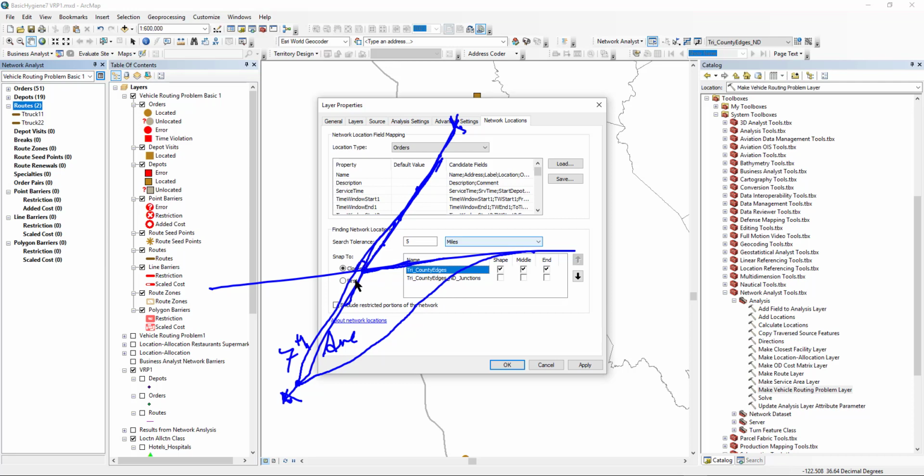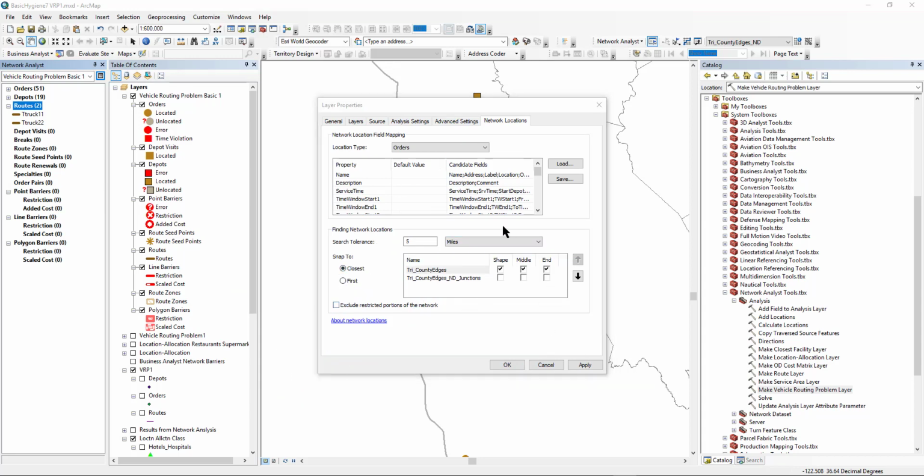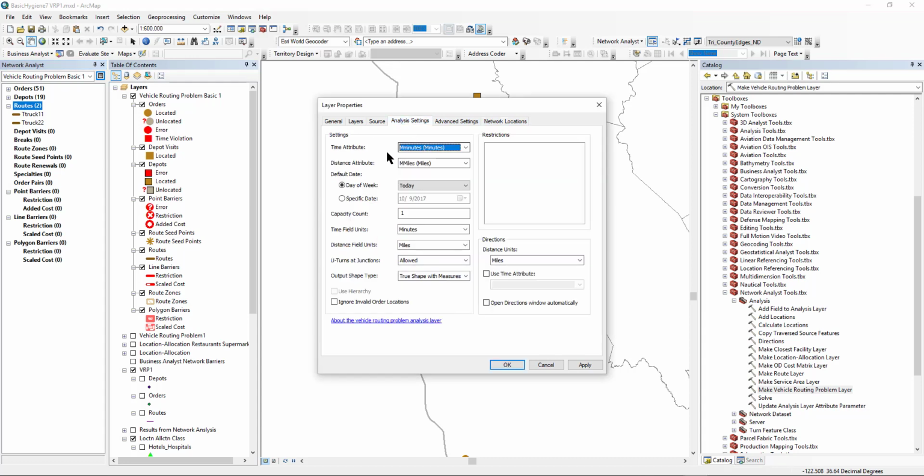All I'm trying to do is make it a little easier on the processing power of our software, of our machines here. Later on, the more realistic you want, you can choose that way. Then analysis settings, day of the week. If you were given a certain date, this is where you can choose, but as of now I'm trying to be neutral to the days. Capacity count is if you want to specify something different. Otherwise, all these should be okay. Use time attribute as minutes,